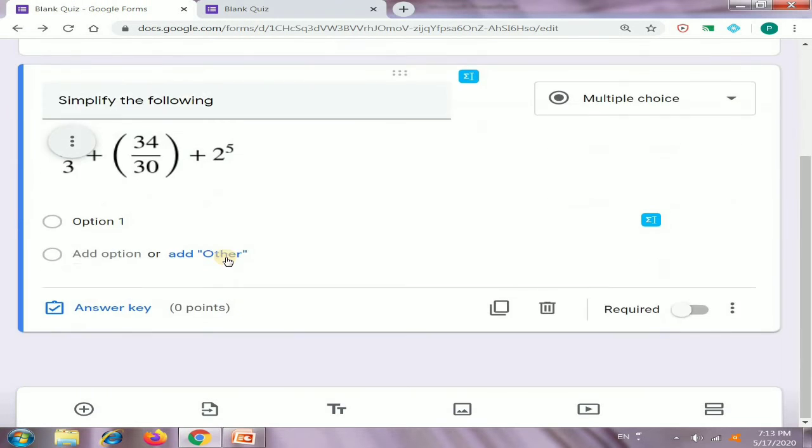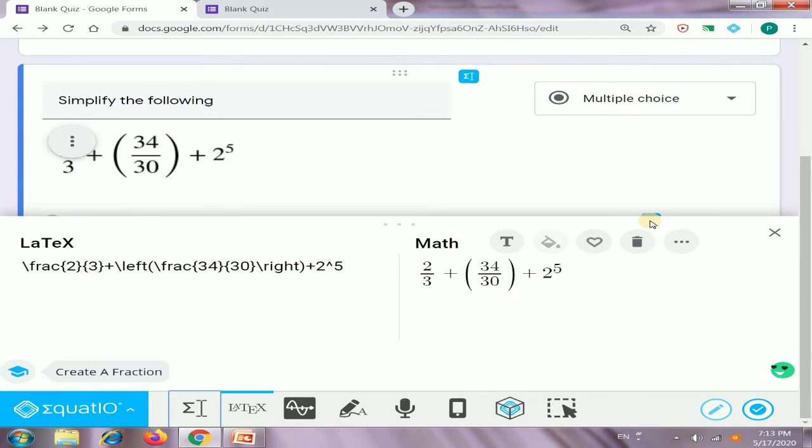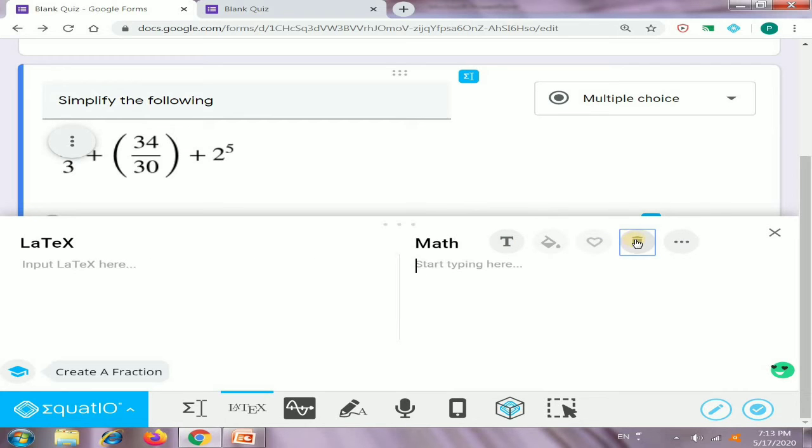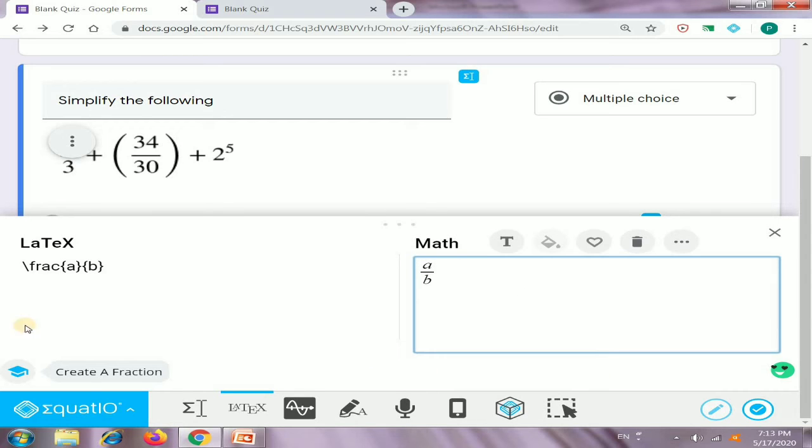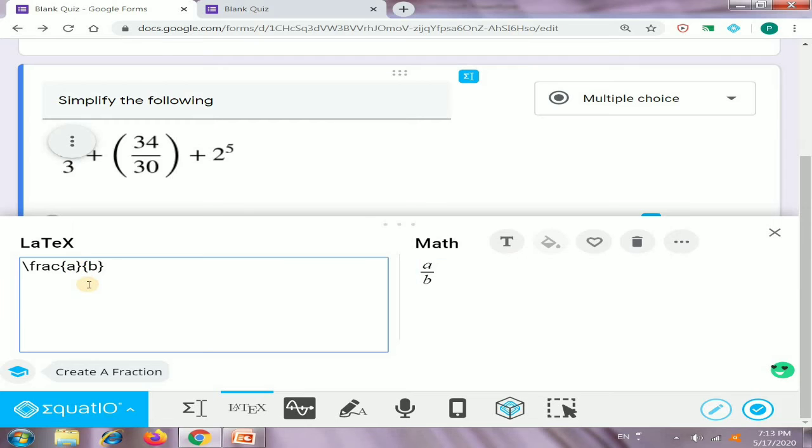Now we have already written the question, so we can insert the options. Again we click the insert maths option. We can delete the previous one and insert the new expression here. Again more symbol, then we click on fractions. It will insert the code for the fraction, then we change it according to our choice.